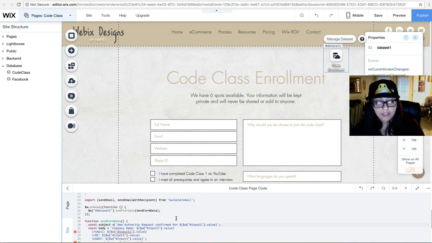Basically, on the part where it says function, send form data, and then it says subject equals, well, on mine, mine says new authority request confirmed for. Those are actual words that are going to come out in the subject line, so you can change this. You can say submission successful or something like that. And then you can put the word for,